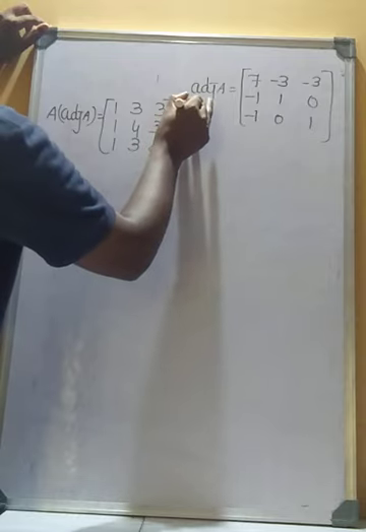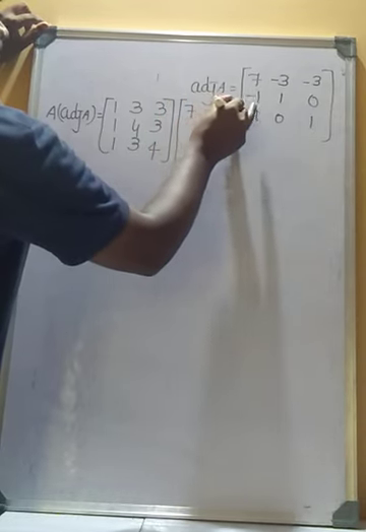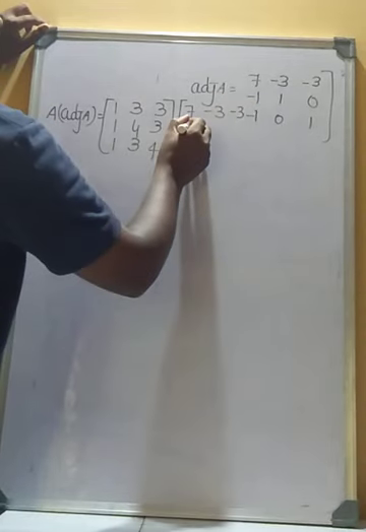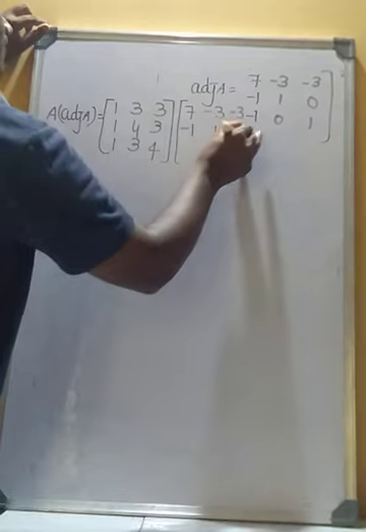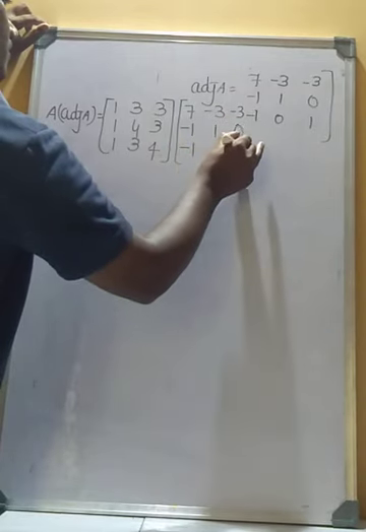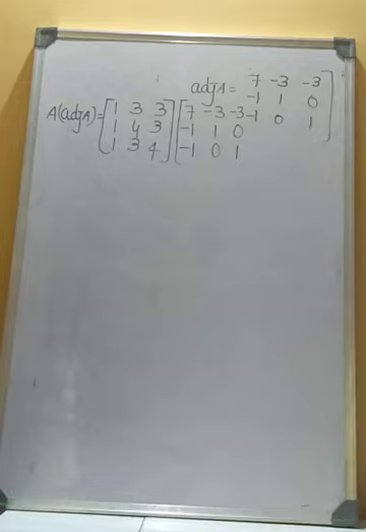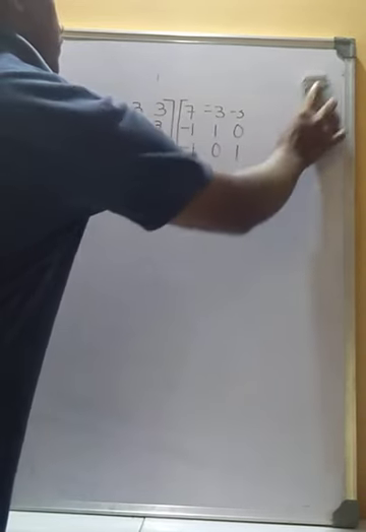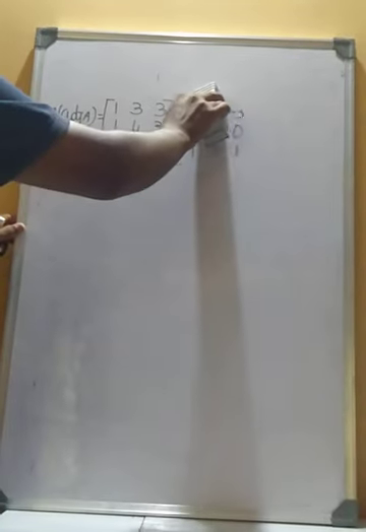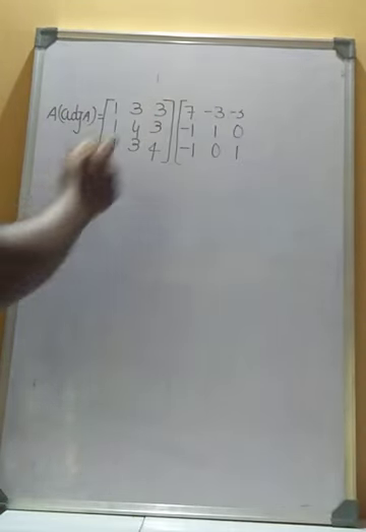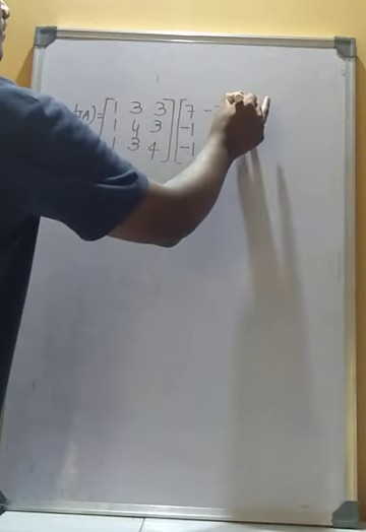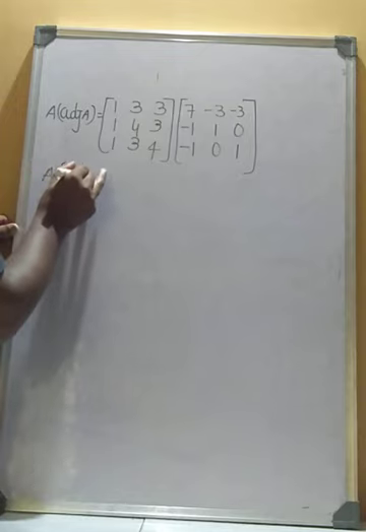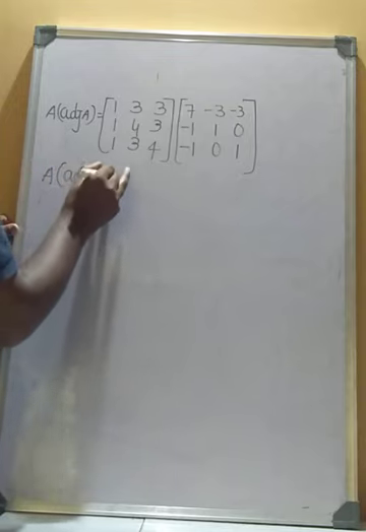Adjoint A is 7, minus 3, minus 3, minus 1, 1, 0, minus 1, 0, 1. Therefore, A into adjoint A equals